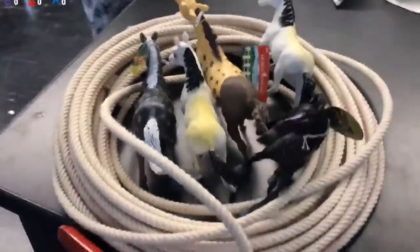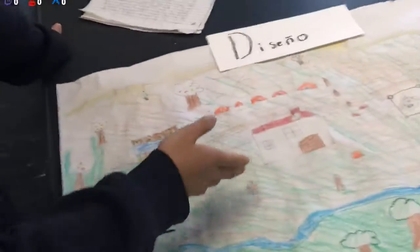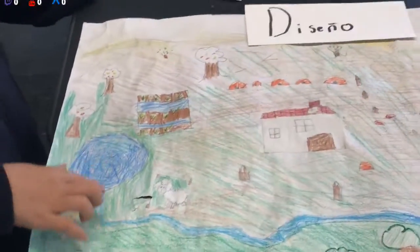Wow. Pretty cool. Let's move on. So we're going to another one now? That's step 2 now? So now we're moving on to the next group, which has their writings here. And then they have their diseño, as you can see. They have the crops, they have their ranch, and then they have the domes, and then they have trees, and there's their...